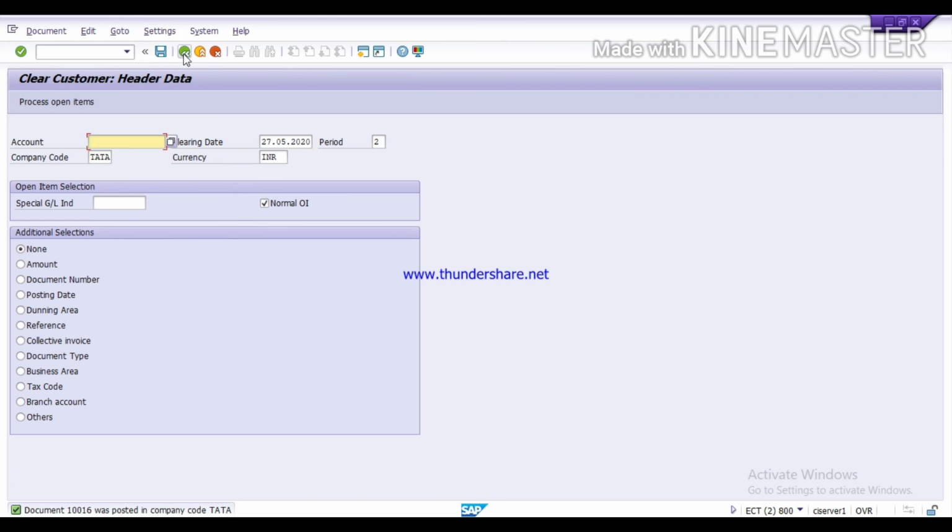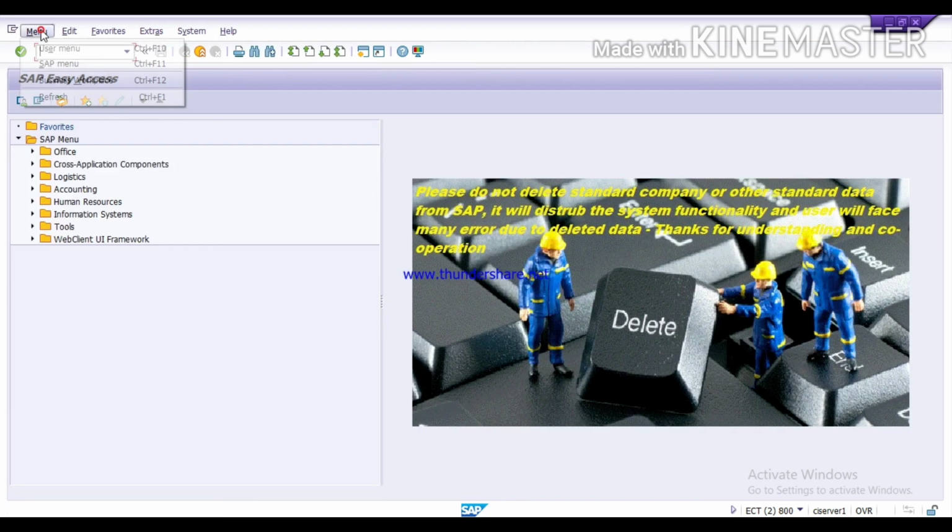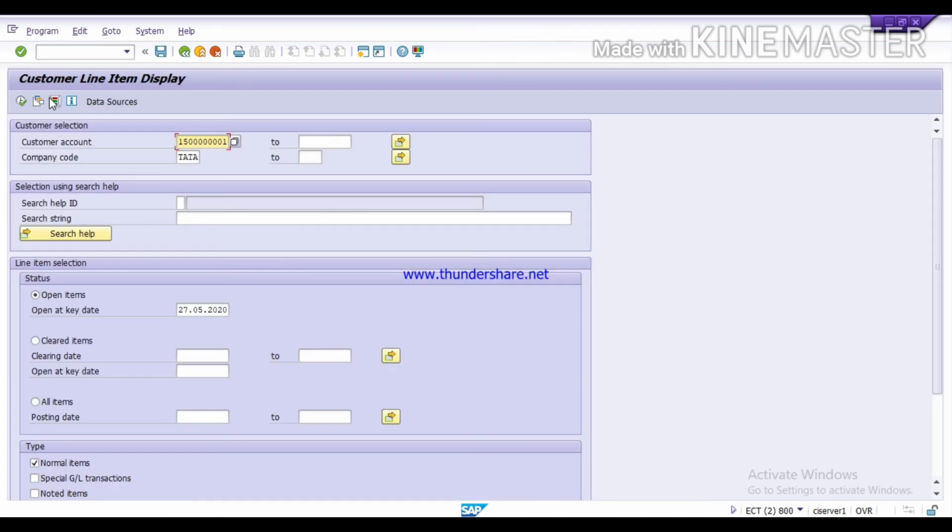Now we'll check the report. First refresh it. Now again run the report. T code is FBL5N. Now select your customer and company code. If you click on open item, you can see there is no item because now it is cleared. Click on cleared items.